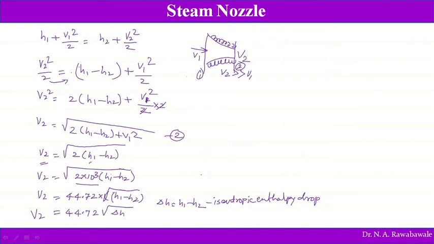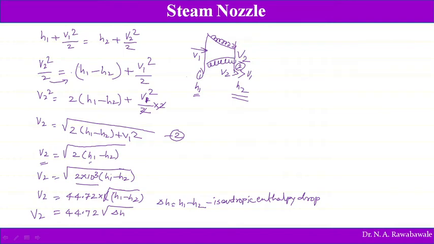As the steam pressure drops while passing through the nozzle, its enthalpy is reduced. When steam is passed through this nozzle, enthalpy is going to decrease and velocity is going to increase. So say, for example, enthalpy H1 and H2. When steam is passed through this nozzle, enthalpy H1 is very high, and at the outlet the enthalpy gets reduced, because this enthalpy is converted into velocity, kinetic energy.